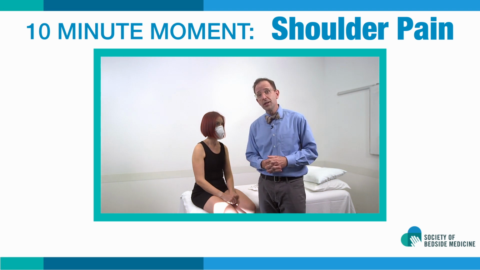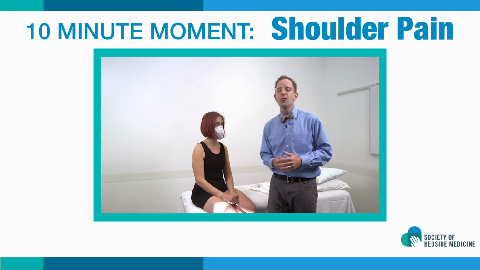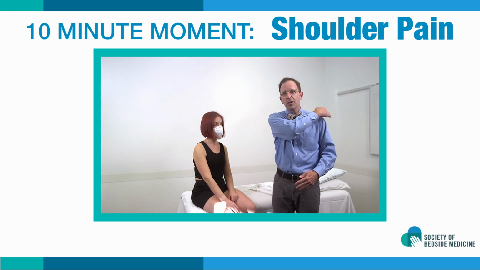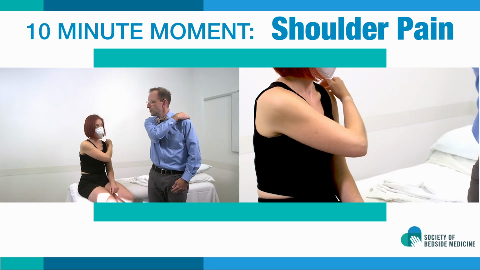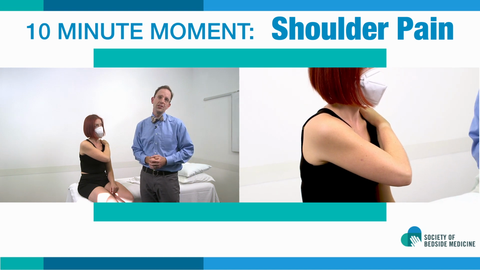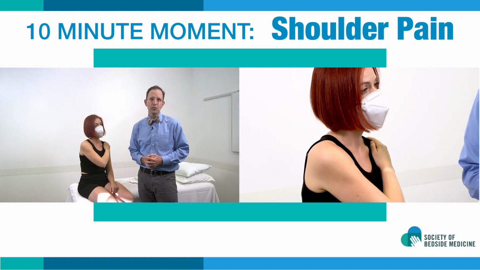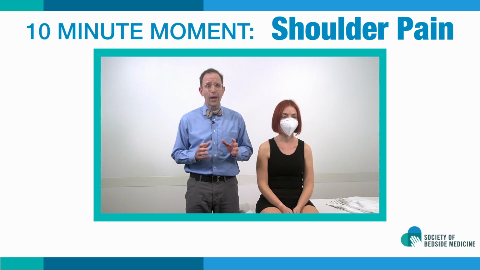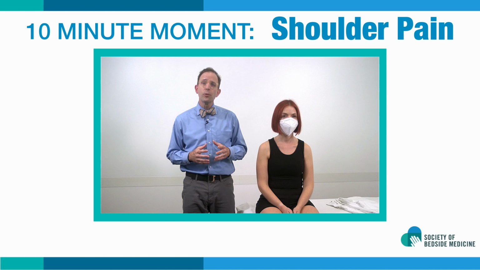One final test that can be done is the Shaw test, which tests for AC joint tenderness. Simply have the patient take her hand and cross it around her shoulder. While doing so, if pain is elicited in the AC joint, that can be more information that can help you assess a painful shoulder. So now that we've inspected the uncovered shoulder, palpated the major structures, and performed strength testing